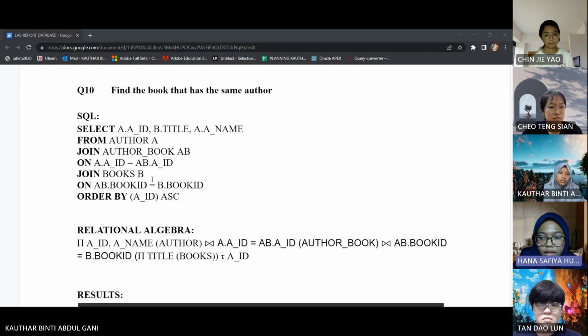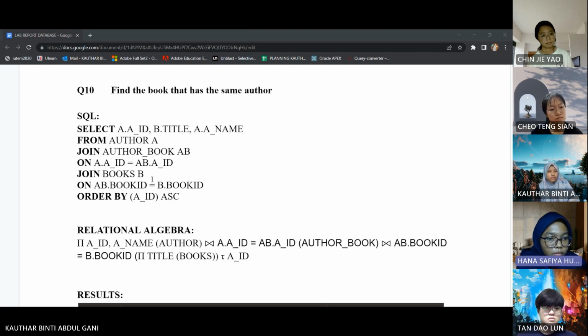Okay, for question 10, which is find the books that have the same author. For the SQL, select A.AID, which is the author ID, B.title, A.author's name, from author A, you will join to the author book, which we label as AB, on author ID from author and author book.